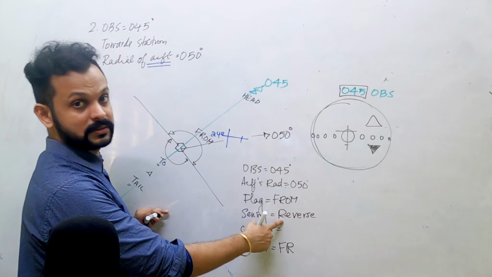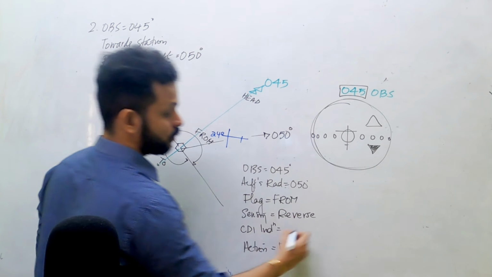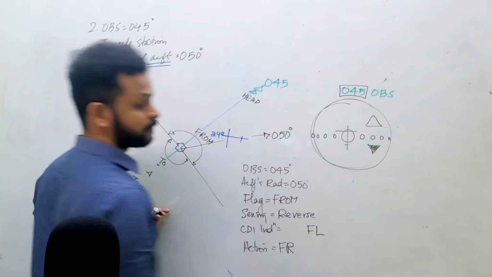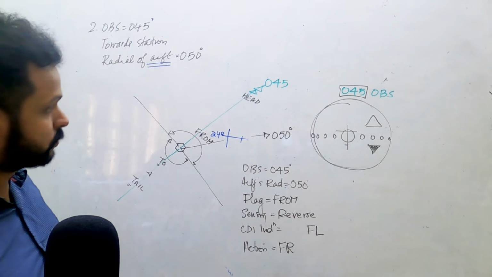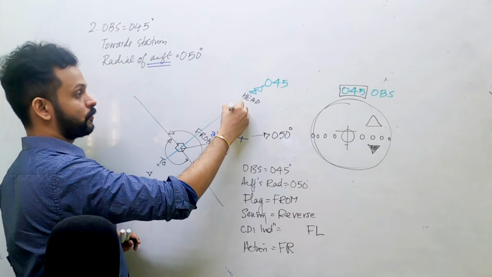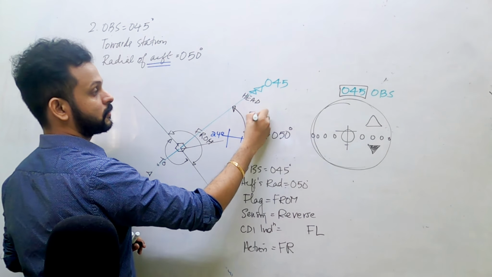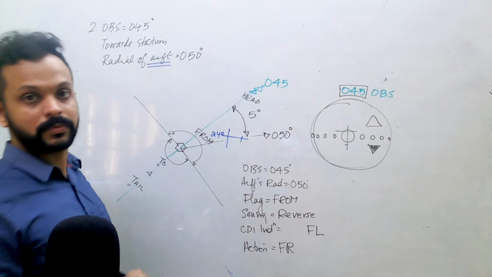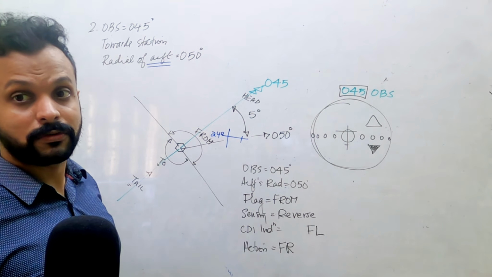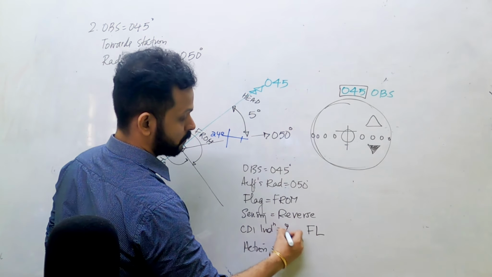And since it's a reverse sensing, what is CDI indication going to show you? It's going to show you fly left. By how many dots? You have to find out the degrees off here. This is 5 degrees. On a 5-dot system, 5 degrees corresponds to 2.5 dots, right? So it's 2.5 dots,